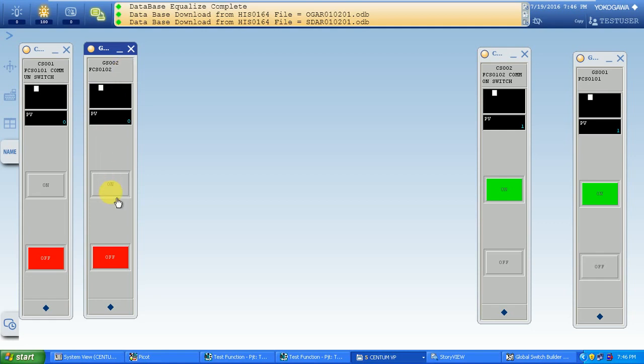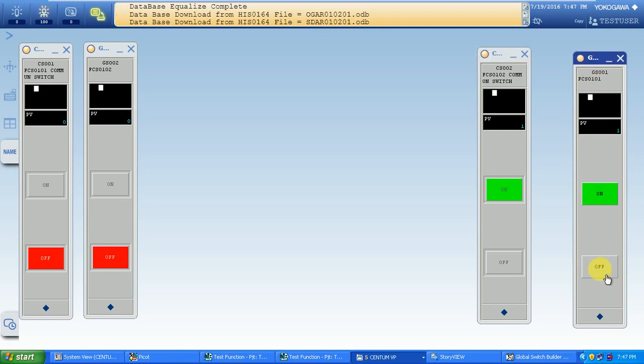So just change the value of GS002, this switch is in FCS0102, and FCS0101 reads the value from FCS0102. Here, FCS0102 reads the value from FCS0101.